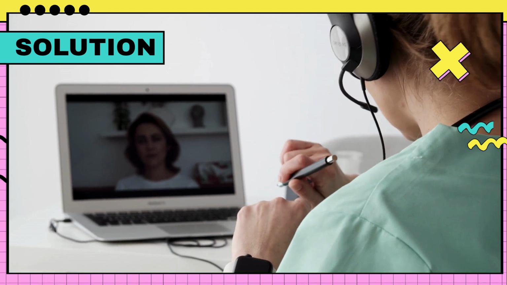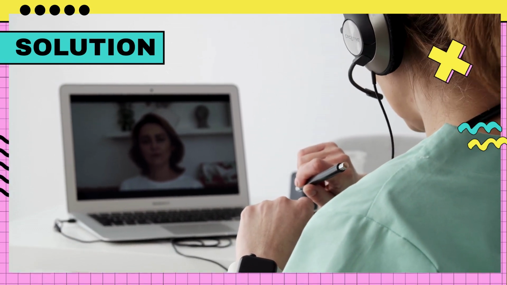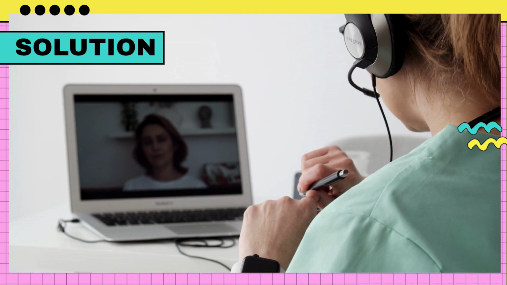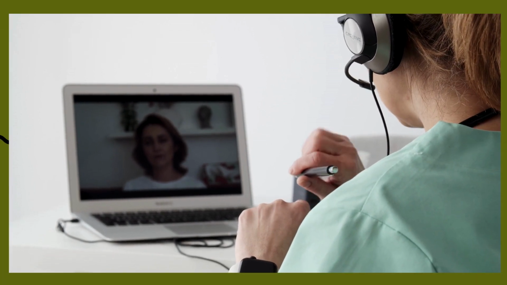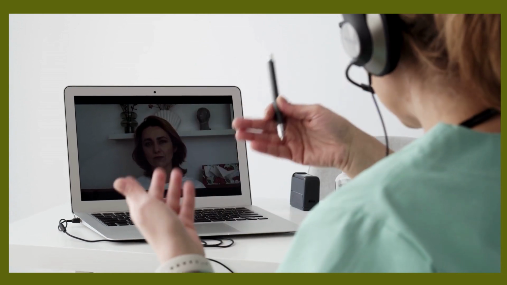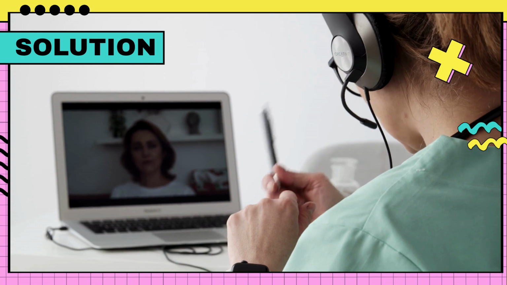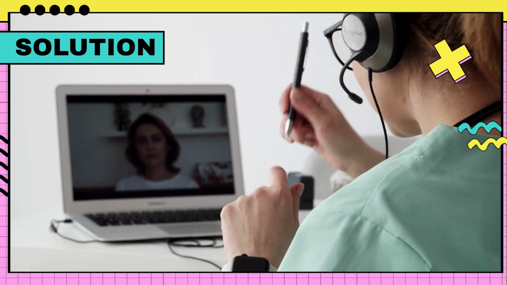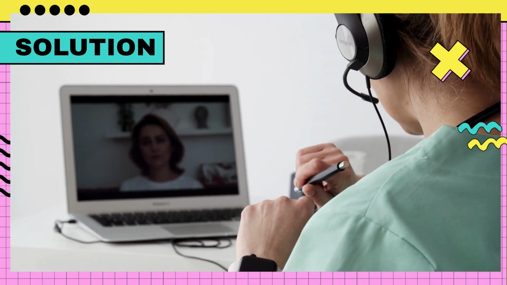To overcome APD, it is important for educators to create an environment that allows students to focus on one sound at a time, such as using closed captioning on the television or using visuals during classroom instruction. Educators should also provide multiple pathways of instruction, such as hands-on activities, visual aids, and audio aids to help support